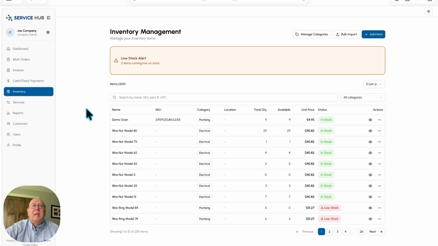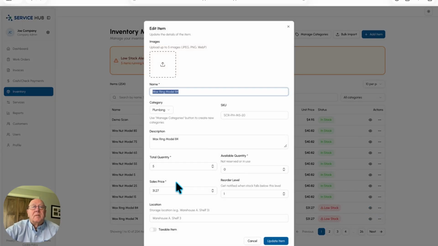Down here, we have the inventory. This lists all the inventory, and you'll see the status here. You can set this up for low on stock. So let's look at this wax ring. You'll see here that there's a total quantity. There's none available, and the sale price and reorder level is 1. If you have locations for your inventory, you can enter that here, and it'll display where the inventory item is